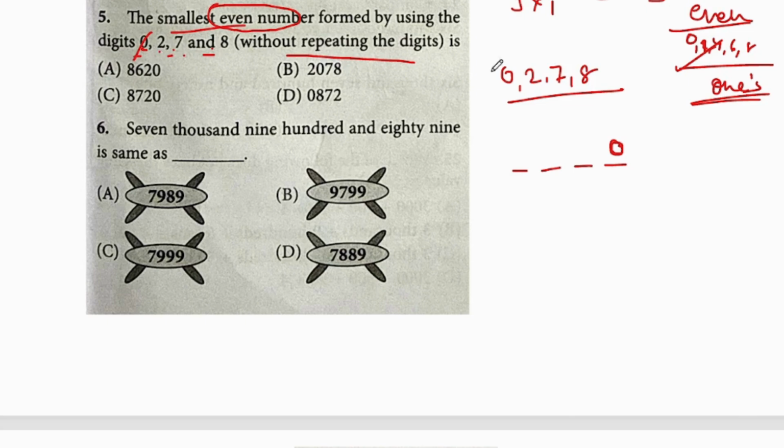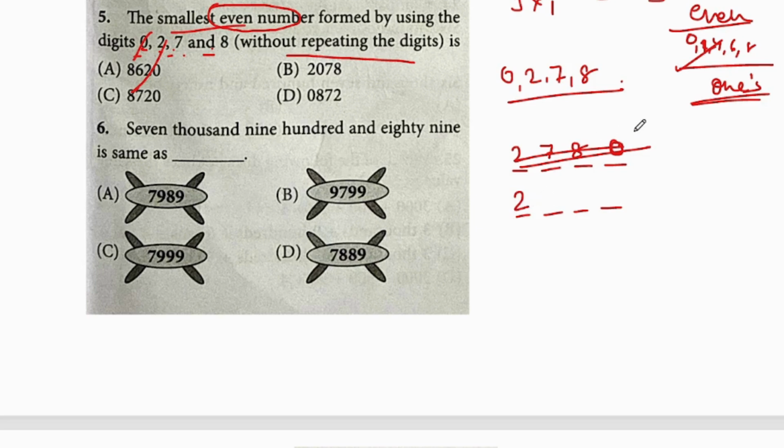So you have to form the smallest number. The smallest digit is 2. We'll start with 2, right? Between 7 and 8, smallest number is 7, and then 8. So 2780. Oh, sorry, my mistake. So here, 0278, right? What you have to do is four digit, and then you have to form the smallest number,